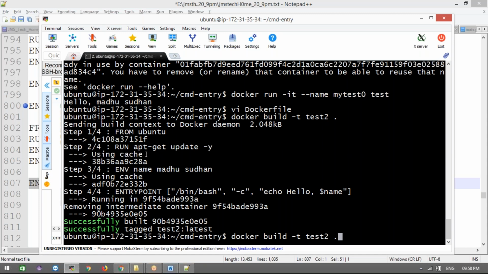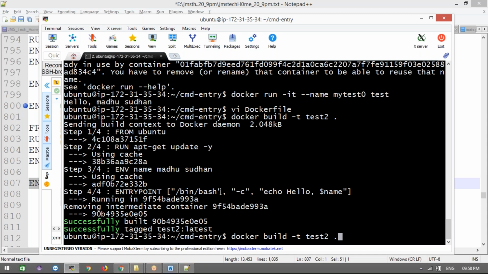Now if you are running the same commands in multiple Dockerfiles, it won't create multiple layers. The same layer will be pointed to by the new Docker image also. That's why it takes fewer resources. Docker is completely using a cache mechanism. That's why if you are building a Docker image the first time, it will take time. If you do it a second time, it won't take much time. Why? It was already built earlier, and the layers are already stored in your machine. That is also very important, just a reminder.